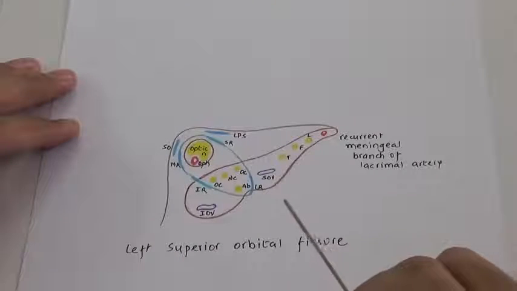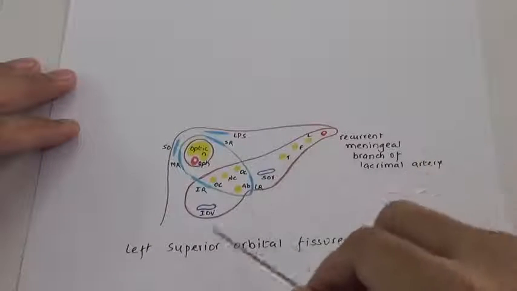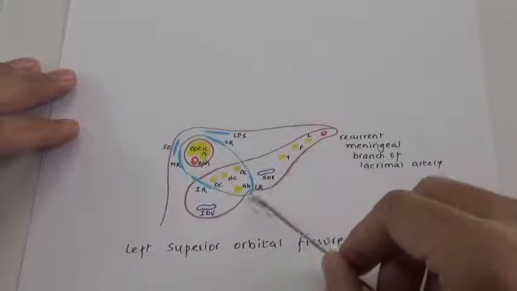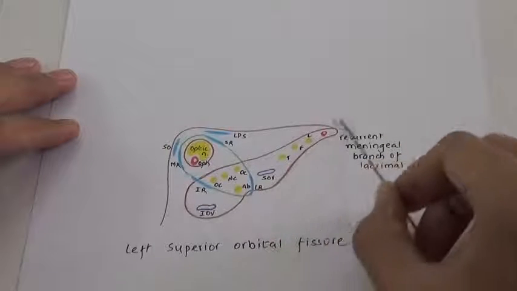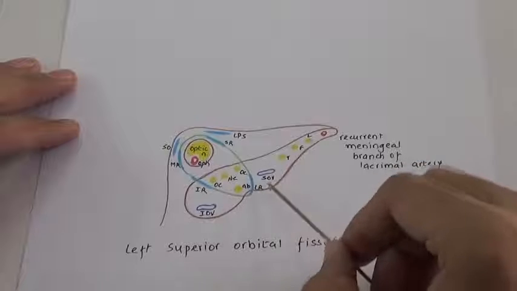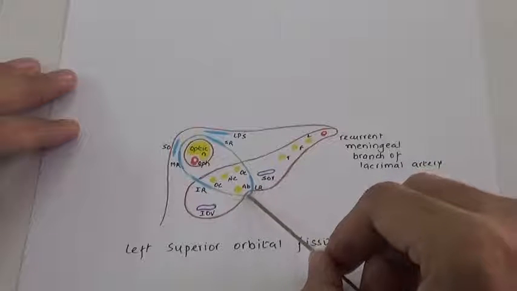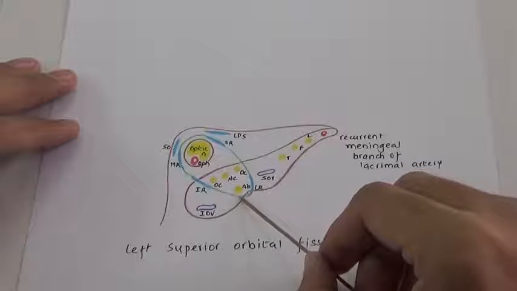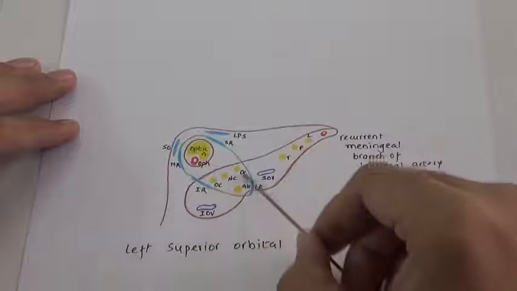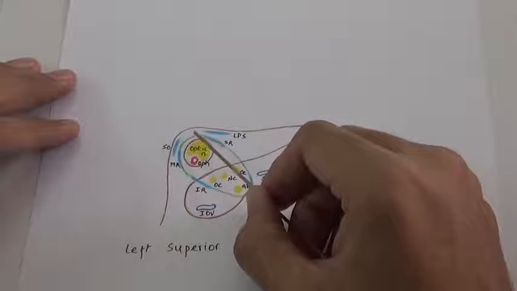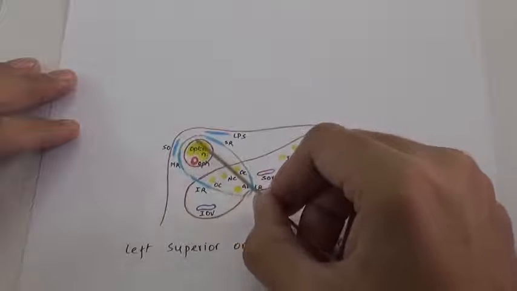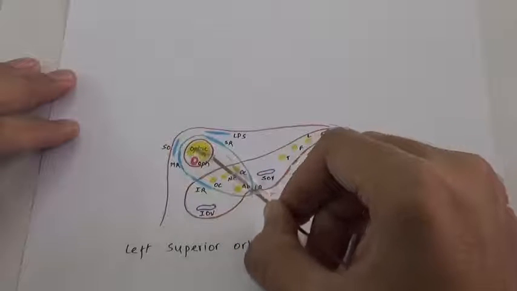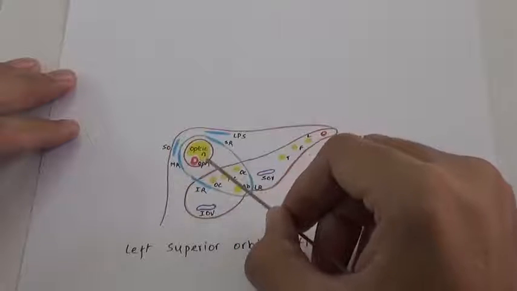So same thing is shown here in this diagram. This is the left superior orbital fissure, and you can see this is the greater wing of sphenoid, this is lesser wing of sphenoid, this will be the body, this is retort shaped fissure, and over here this is the tubercle we are talking about, and that is providing attachment to tendinous ring of Zinn, which is above attached to the superior and medial margin of the optic canal. So this will enclose optic canal, which will allow passage of optic nerve, ophthalmic artery and three meninges.